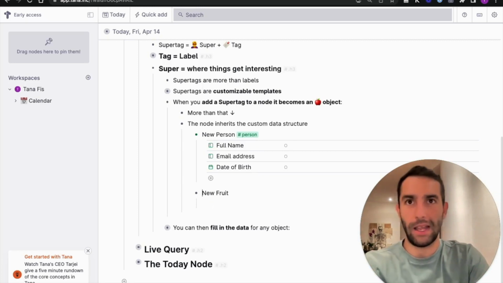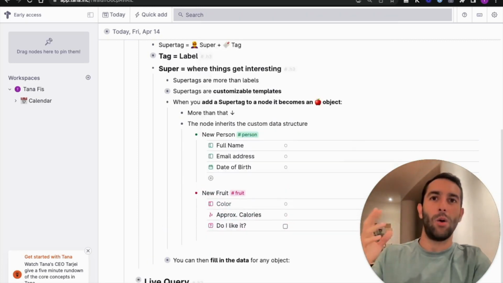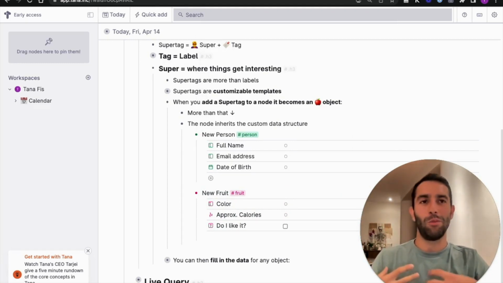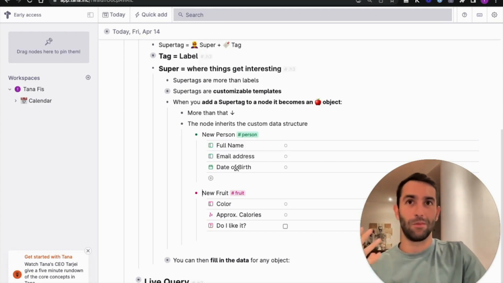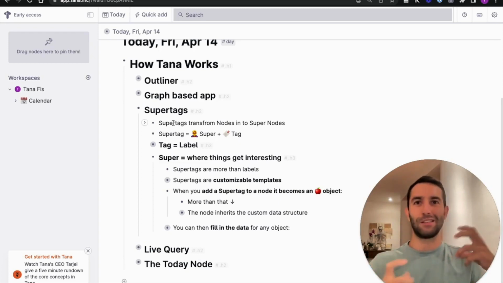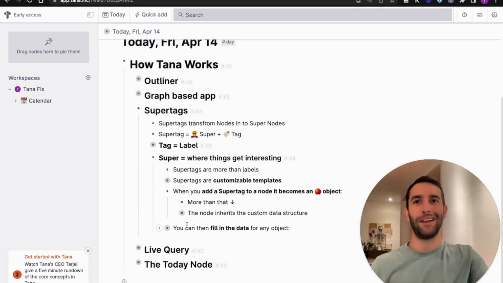Again, if I add the super tag fruit, this new fruit now gives me the chance to fill in the data about this fruit. Now this is pretty interesting, and I think you only understand the power of this when you start thinking about your own use cases.